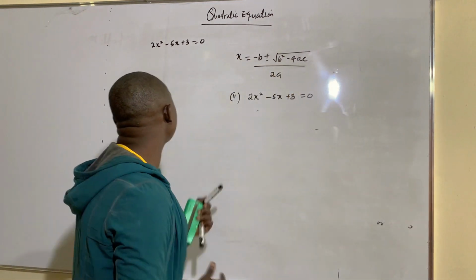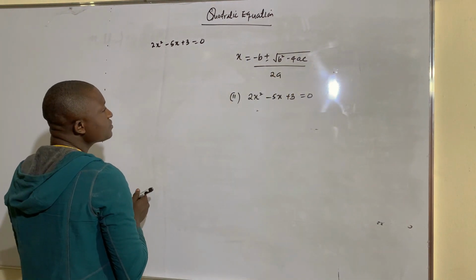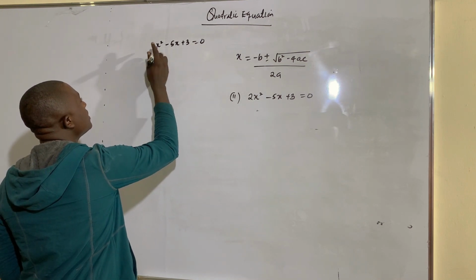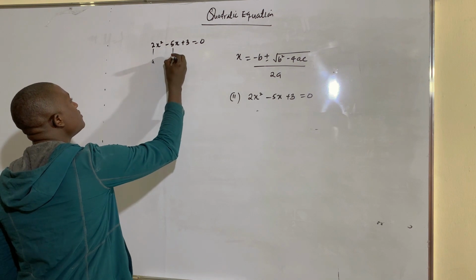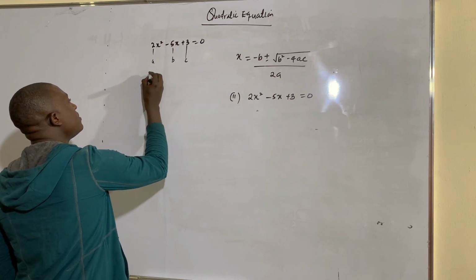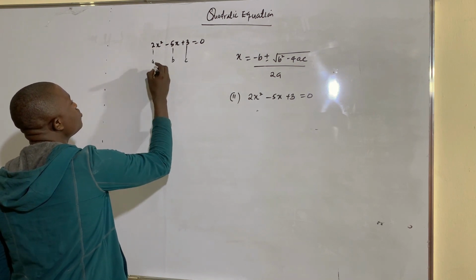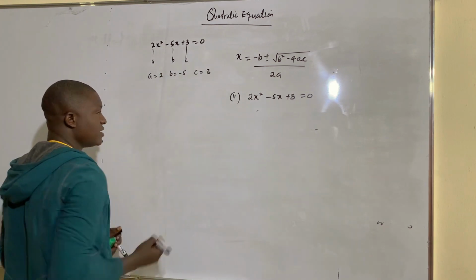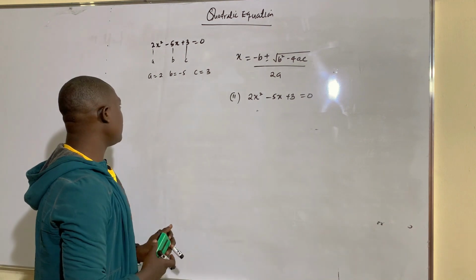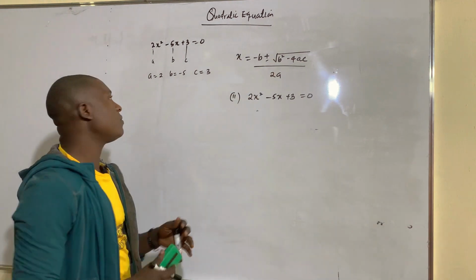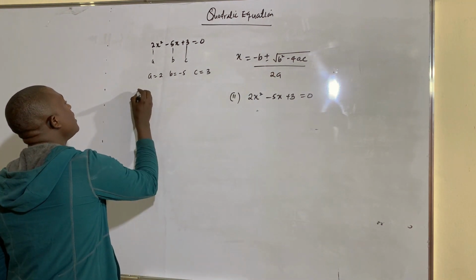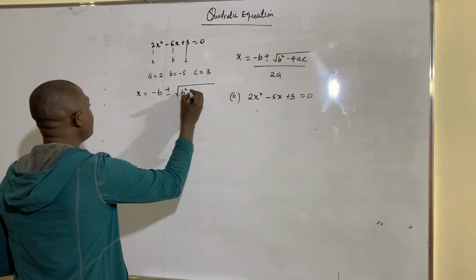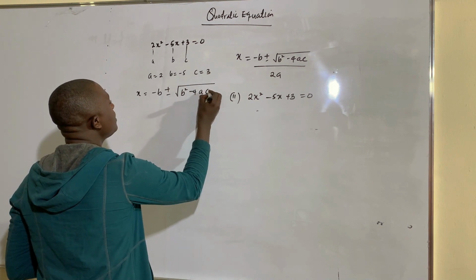So using this approach, now you can see this is my a here. You can see the coefficient of x squared here is not 1. So this is my a, this is my b, as well as this is our c. That means our a here is 2, b is minus 5 as well, our c is 3. So after evaluating the value of a, b, c, then we can make use of the formula, which says that x is equal to minus b plus or minus square root of b squared minus 4ac